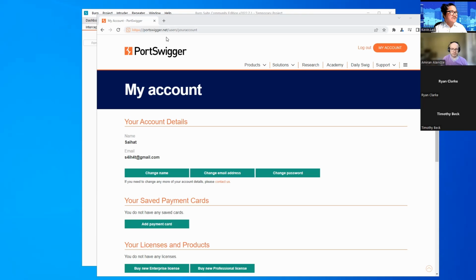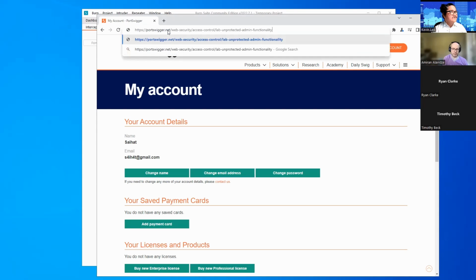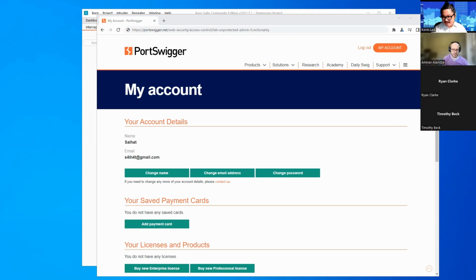So inside of your Burp Suite browser, you want to go to this address, which I'm going to paste into chat, and proceed there.